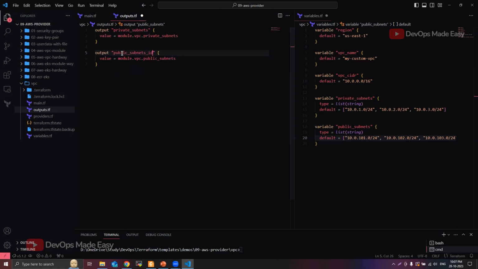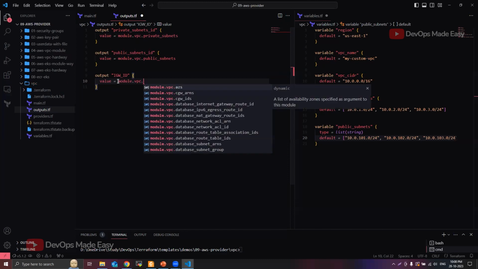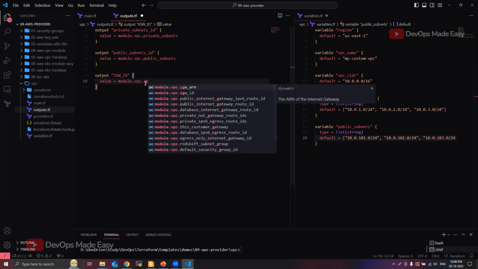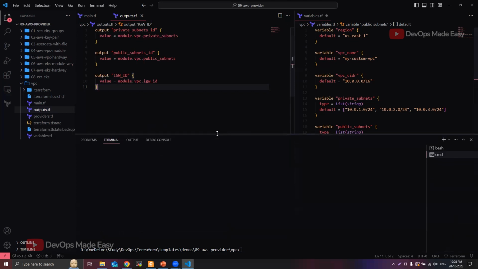So in fact, I can also put a name that is much more meaningful. Other than that, what I would require, let's say, is the internet gateway ID. So let's say IGW ID, and then the value will be module.vpc dot probably IGW ID. It is automatically giving me the suggestion. That's it. So we are almost done with the